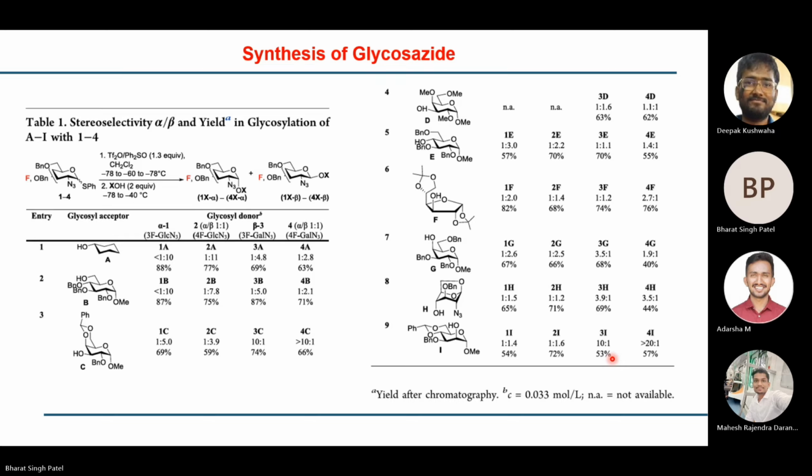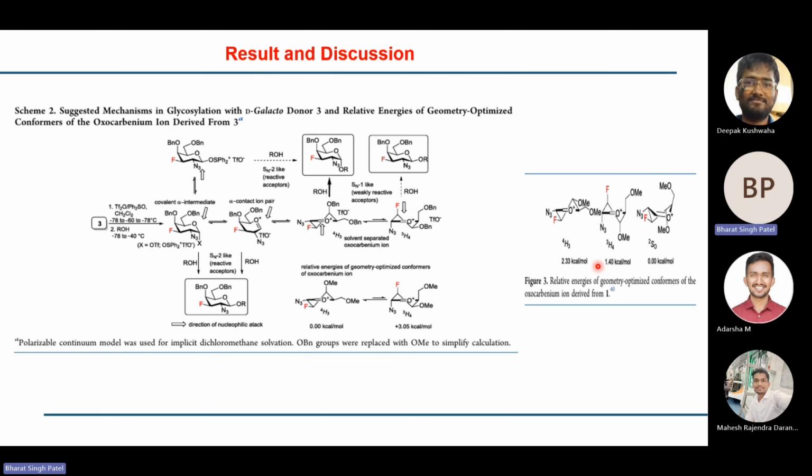So here also, if you see, these are the poor acceptors, like the secondary hydroxyl ones. Then they are getting more alpha. That means whatever the way of activation, it is going through the SN1 mechanism. In those cases, even though there is no fluorine also, the intermediate is going through something like this intermediate. So basically, whether fluorine is there or not, ideally it should go this way only, right? Exactly, yes, sir.